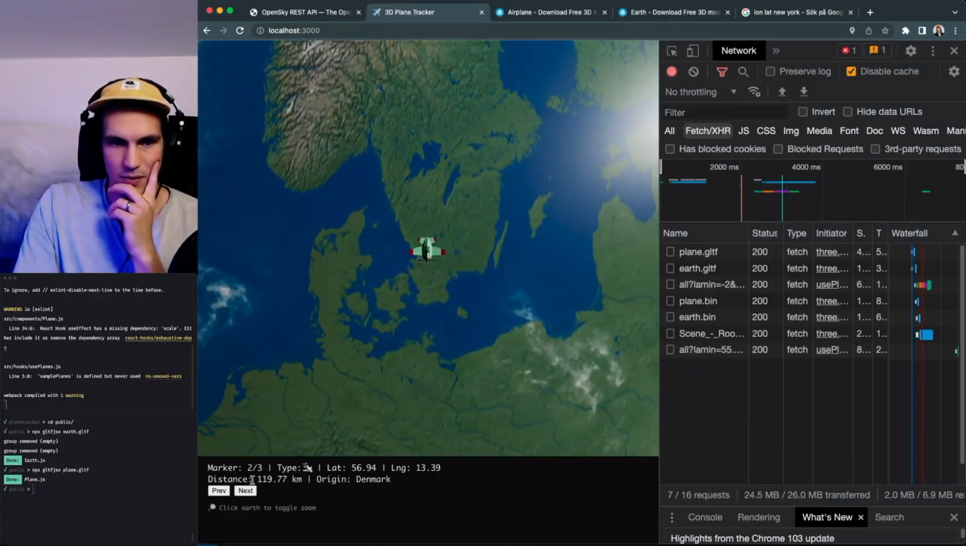In this tutorial, we're going to take a look at how to incorporate 3D models into any React application using React Three Fiber. We're going to build a nearby plane tracker so that you can see planes that are near to you. And we're going to do so using a 3D model of the Earth and a 3D model